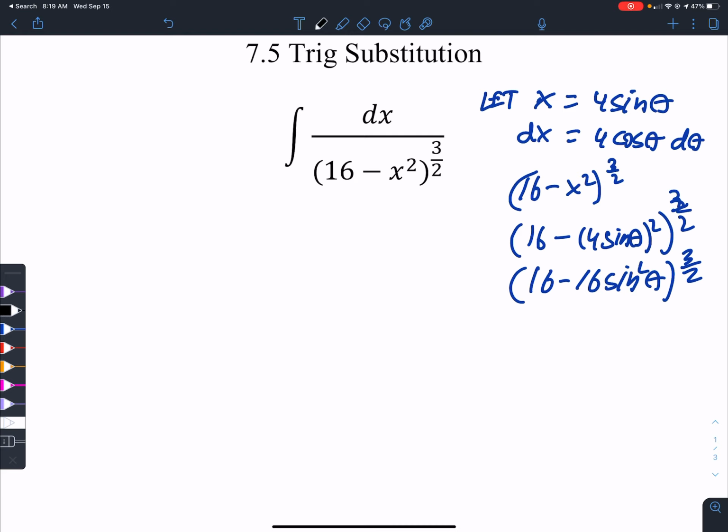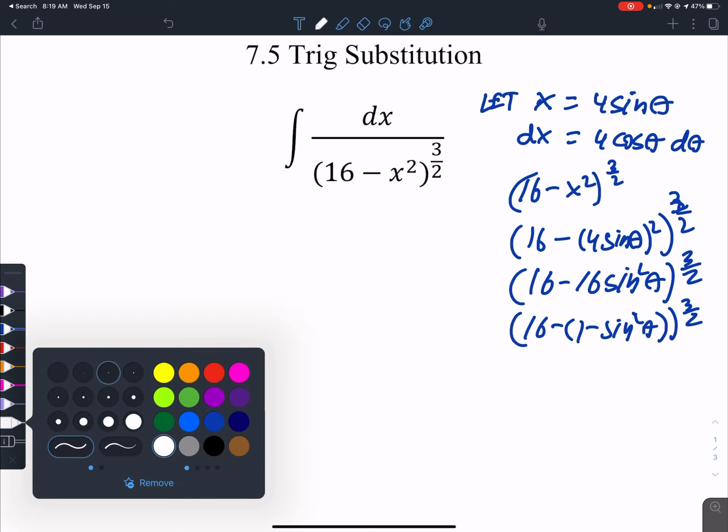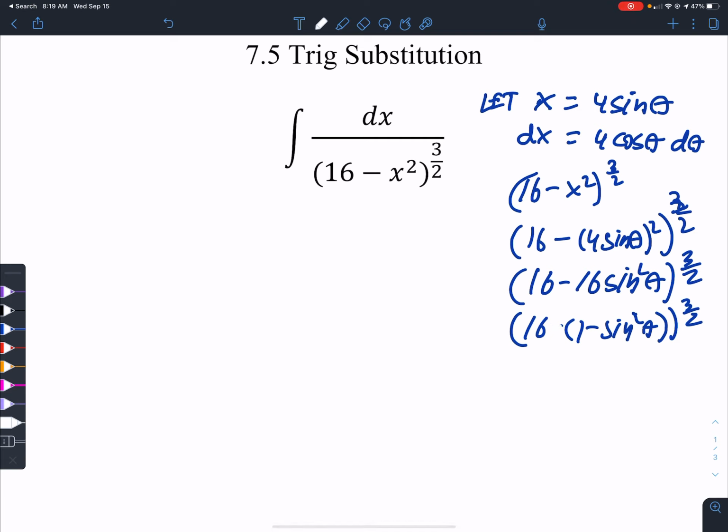Whoops, didn't mean to do that. Let's fix this. Hopefully, there we go. Factor the 16 out. And you should recognize that. That is cosine squared. That's a trig identity. So this becomes